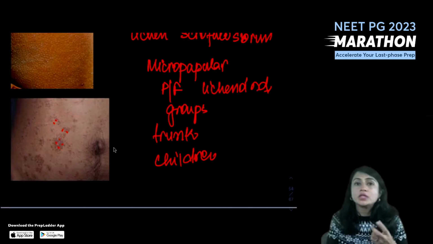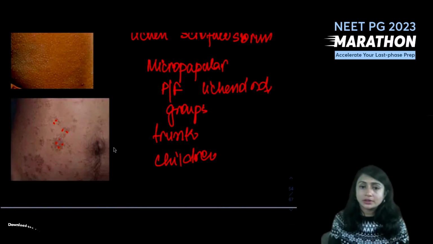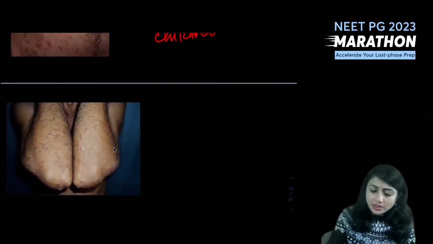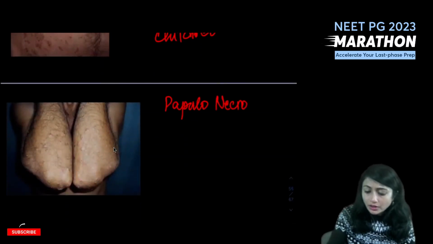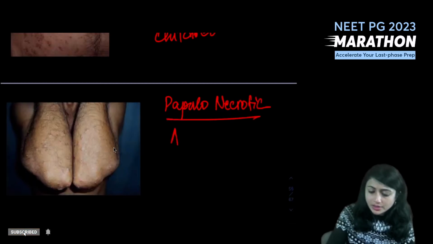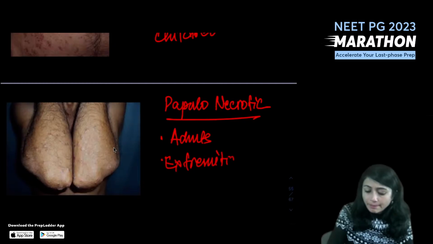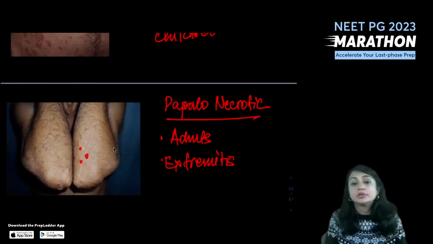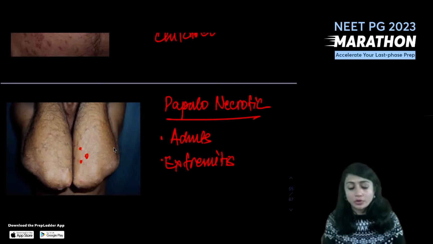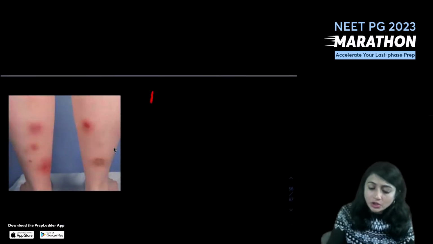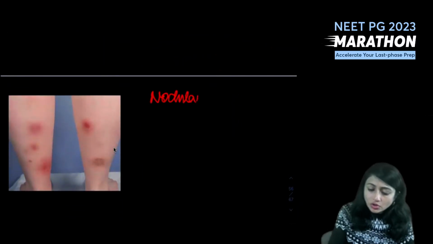You do a biopsy, you see superficial perifollicular dermal granulomas. The next type is called papulonecrotic tuberculid, where you see it in adults. And where do you see it? You see it in extremities, and you see necrotic papules. The third type is the nodular type, which is called